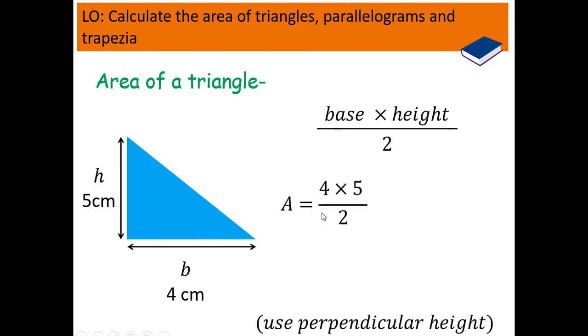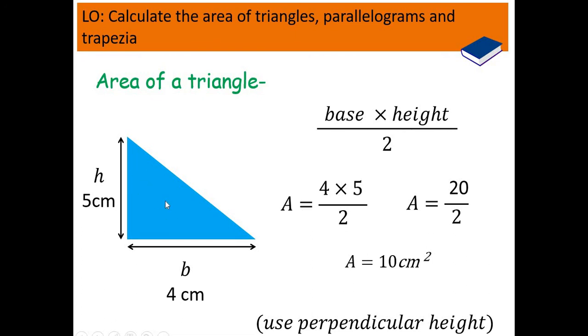So we get area equals 4 multiplied by 5 divided by 2. So 4 multiplied by 5 is 20. So now we have area equals 20 divided by 2. 20 divided by 2 is 10 centimeters. And then we get 10 centimeters squared because, again, we're counting how many squares that are 1 centimeter each fit